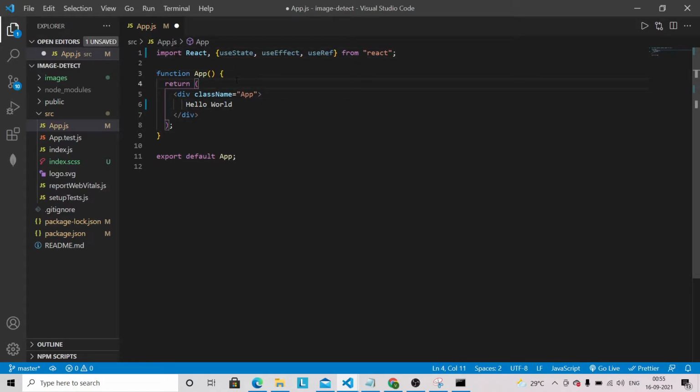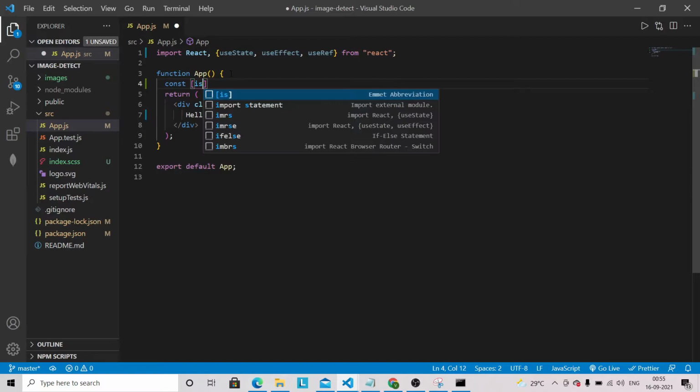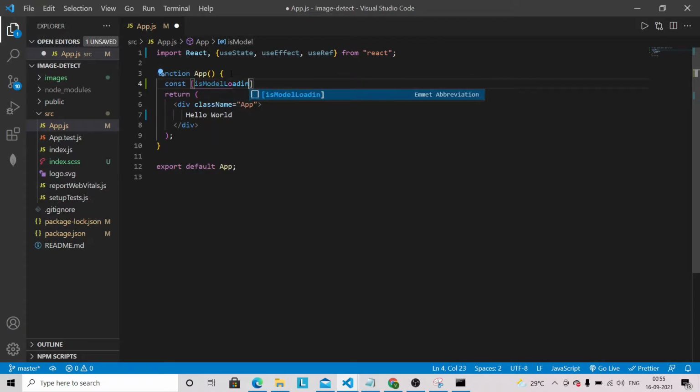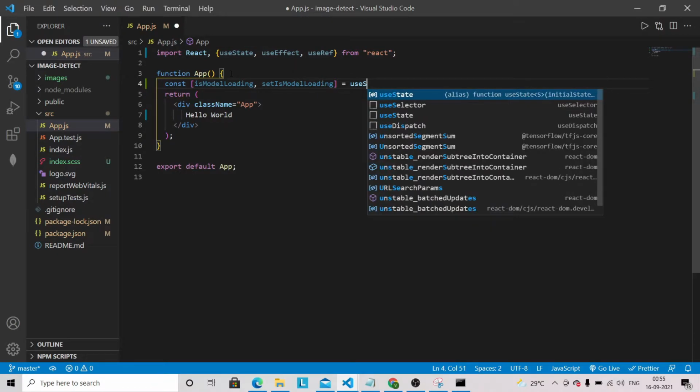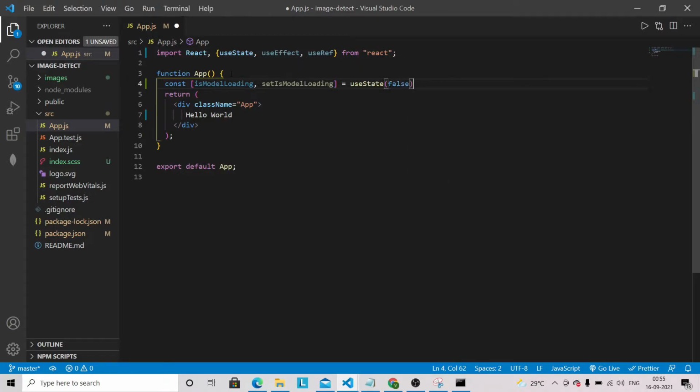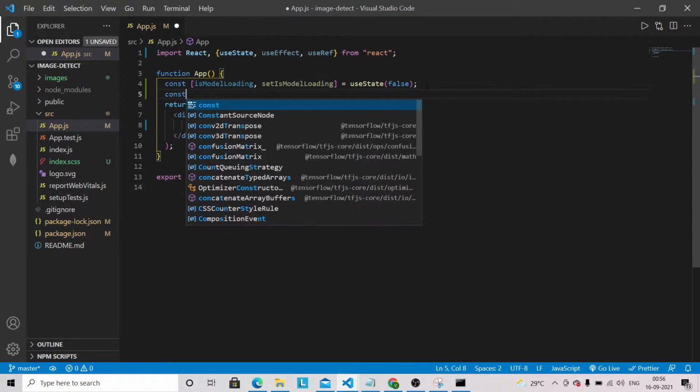And so first we are going to define some state here. So const isModelLoading, setIsModelLoading, and useState false. So initially, whenever you load the application, we are going to show a message like "initializing". So that's why I am using this state, isModelLoading, and we are going to have another state